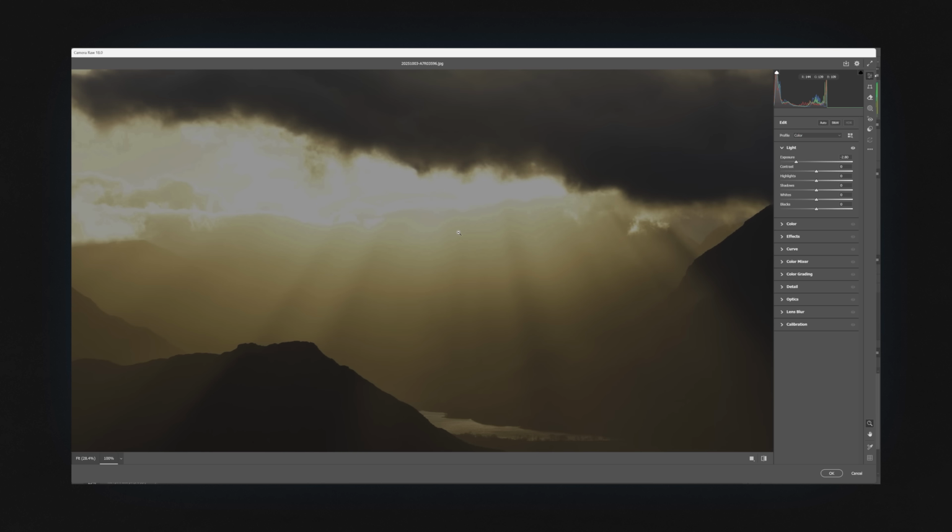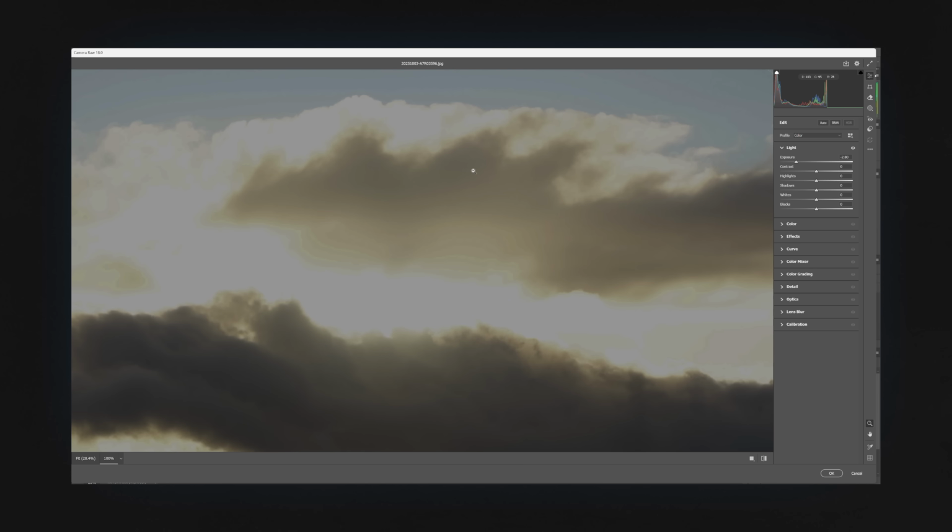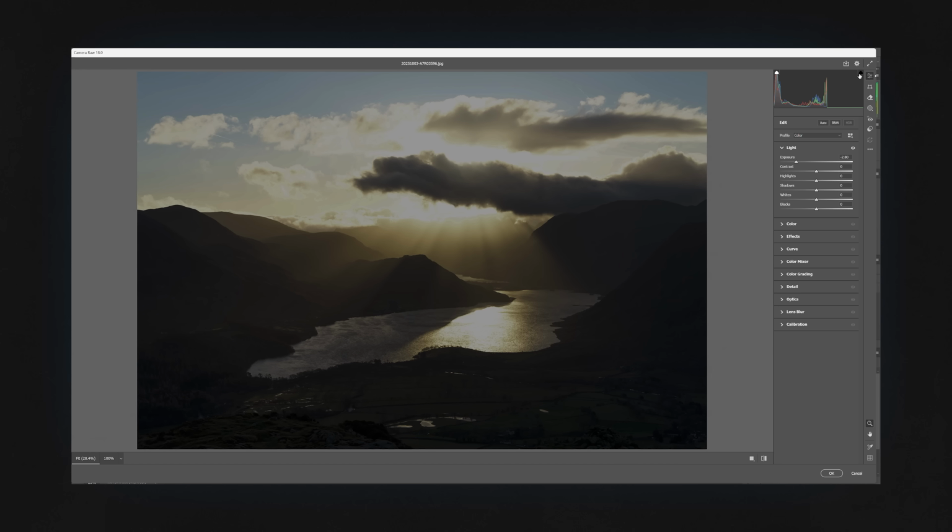And there's nothing you can do about it now because you made one fundamental mistake that could have easily been avoided. You shot JPEG instead of RAW, and now the moment that you tried to capture is quite literally gone